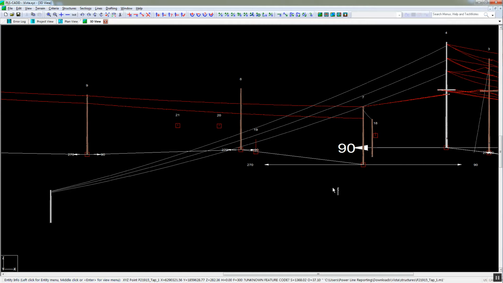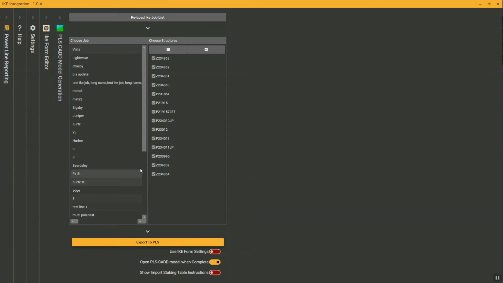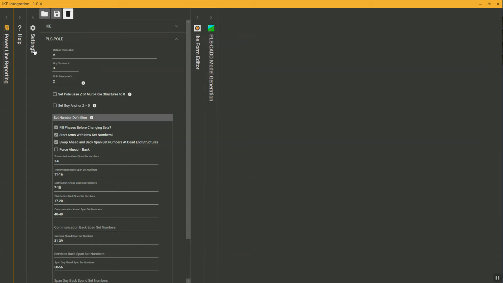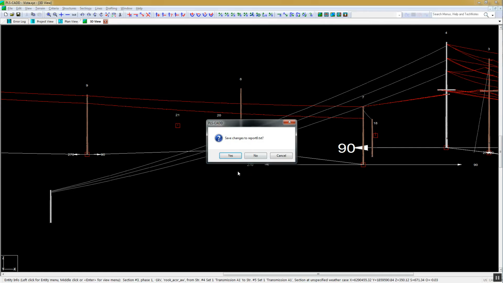recapture the structure, making sure to shoot that location from the base of the pole to the base of the pole. But in lieu of making a trip back out to the field, if you go into Settings, PLS-POLE, set pole base Z of multi-pole structures to 0. If you enable this option, the integration will ignore any deltas in that Z component of the location, and will just model all poles at the same elevation. So if we select this option and rerun the integration,